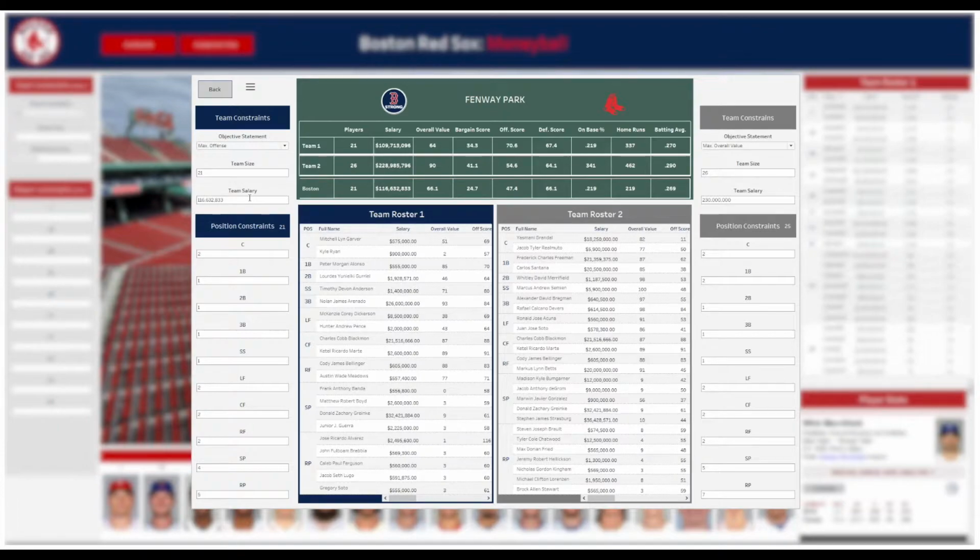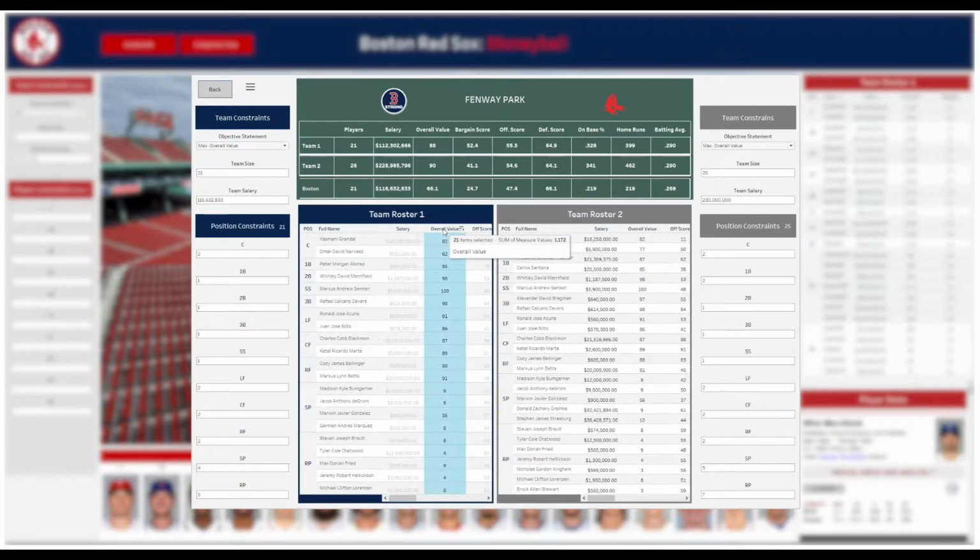And when looking at the scoreboard, we can see that although we have maximized our overall offense and it's higher than that of Team 2 and the Boston Red Sox, our overall value is relatively low at 64. So let's rerun the model to maximize overall value while keeping all the same constraints the same. And we can see that overall value is maximized at roughly $112 million. We can get an overall value of 88 across 21 players and with our position constraints. And we can see each of the overall value scores of every player that's been selected, as well as their salary